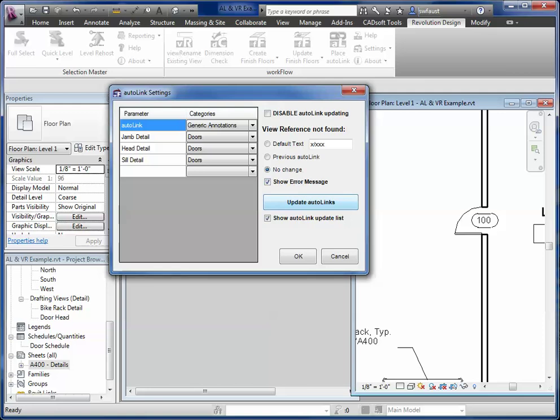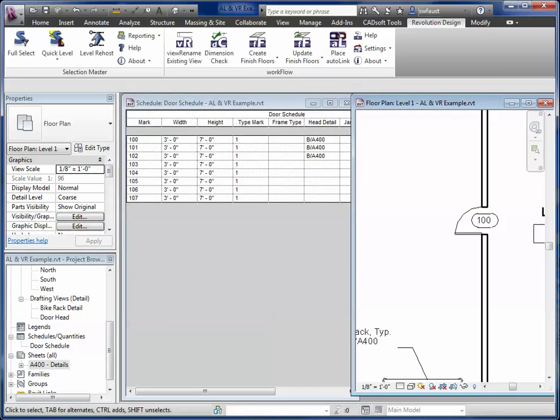There's also a manual Update AutoLinks. If you don't want to save, sync, or print, but you still want to update them manually, you can go into the settings and just hit that button to update. And then finally, this checkbox is the one for when it shows that it updates. You saw when I saved, it showed me a list of the ones that were updated. This is the checkbox for that. If you don't care to see that dialog box, if you just want it to update and leave you alone, you can uncheck that. So that's the settings dialog for AutoLink,